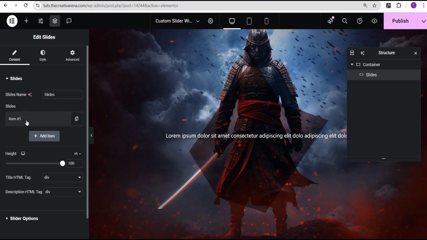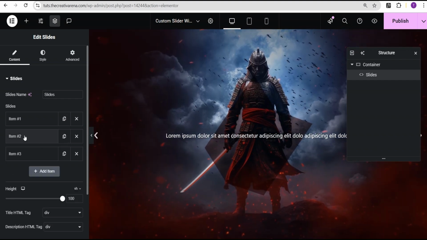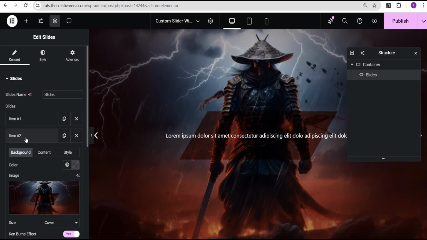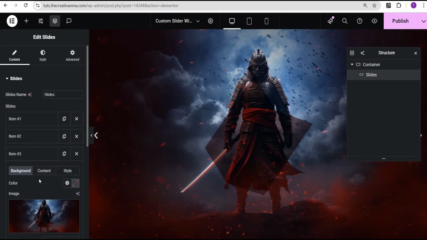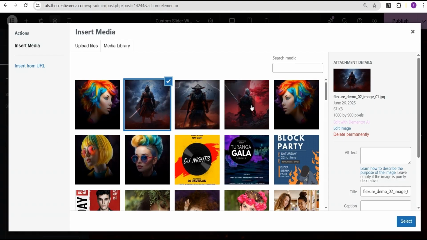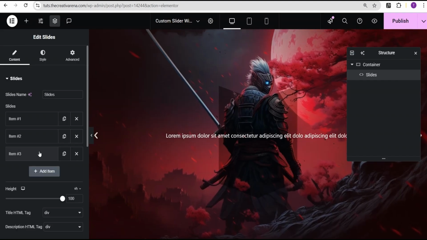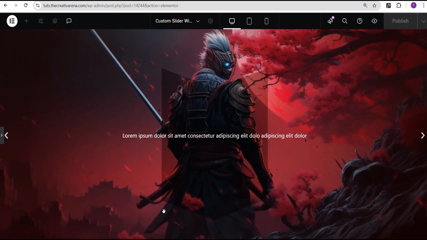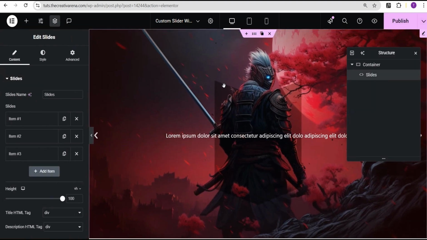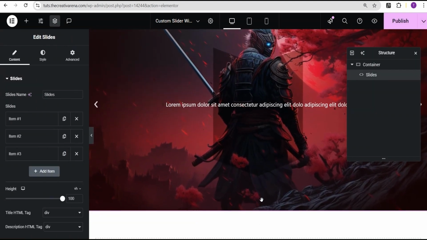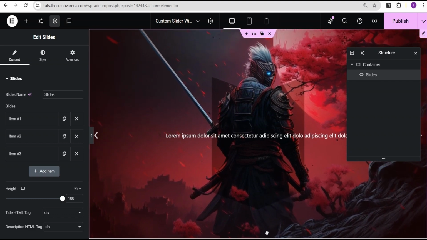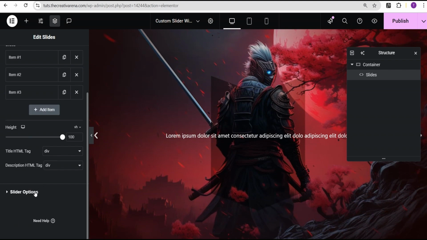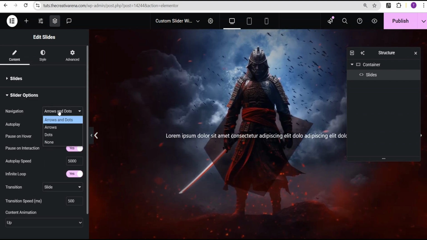Let's go back to our slides and then let's duplicate the slides. So we now have 3 slides. Change this image here to this one, and then come over here. And then we're going to change this image here to this image here as well. So we now have 3 slides and you can see our navigation here. And then there is a dot at the bottom, but however, on our Elementor editor, we cannot see the dot at the bottom. But if we should publish this and preview it, we're going to see the dot at the bottom. Okay, so now we're going to come over here and then we're going to set the navigation to dots only,